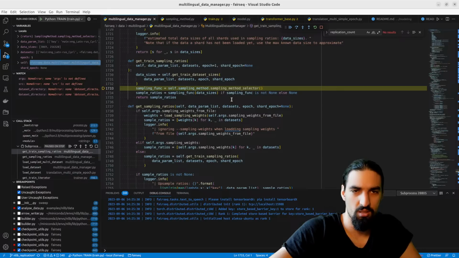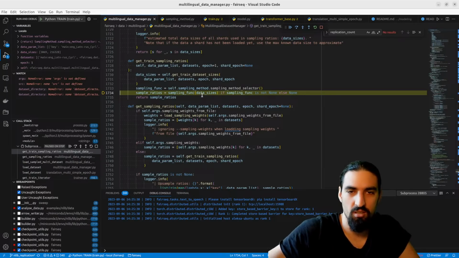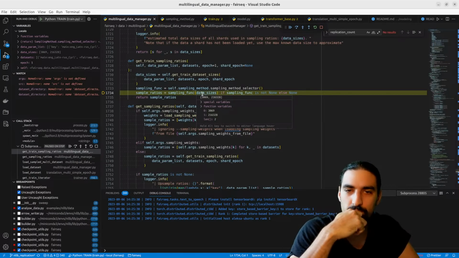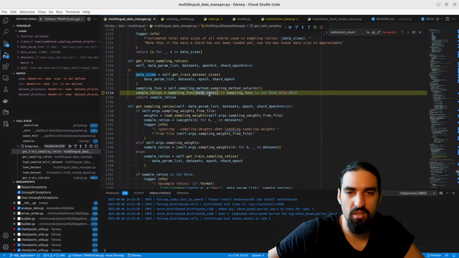Okay, let's just go here. So we have the sampling function. If it's not none, then we pass in the data sizes to get the sampling ratios. But how did we get these data sizes?